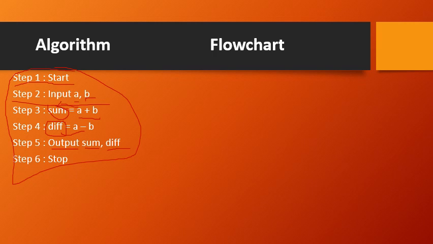Step number 3, how is it understandable? A plus B. So sum equal to A plus B. Meaning is that I will perform A plus B, that is, I will add the numbers and then store it in the sum. So this particular algorithm or design is giving me a solution in the form of writing the procedures. So we call it an algorithm.